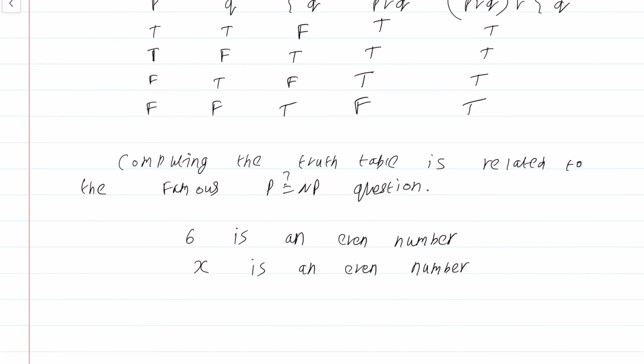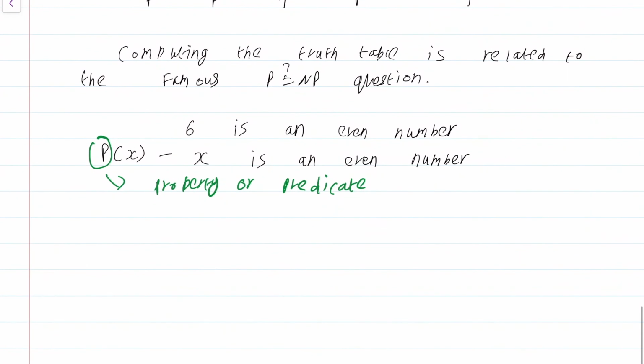But such statements abound in mathematics. So we will have a notation for this. We will call it P of x. Such a P is what is known as a property or predicate. I will stick to the term property. It's more intuitive than the term predicate, but many logic textbooks use the term predicate. A predicate or property P of x defined on the set S